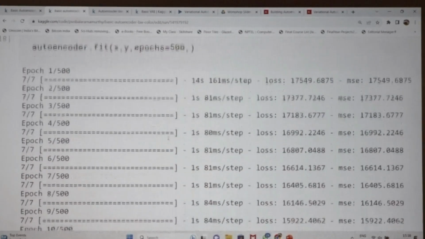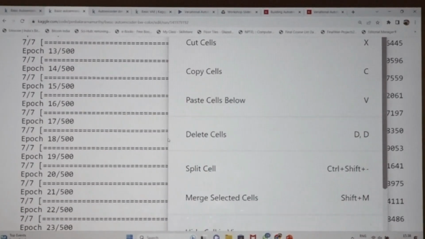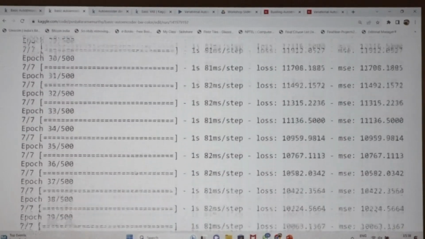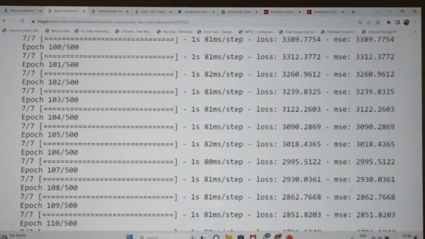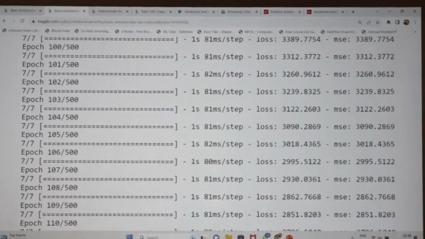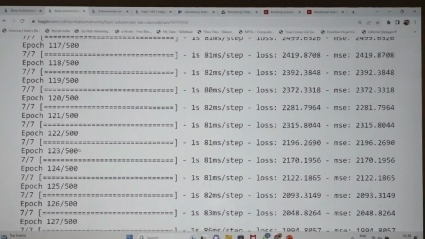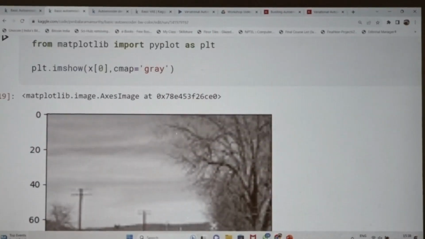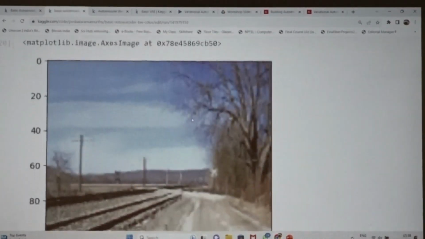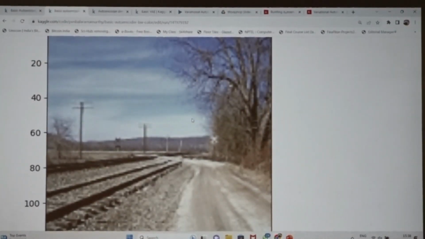Now fit the model. I ran 500 epochs. After running 500 epochs, this is the black and white image, my input, and this is the expected output, which already exists.